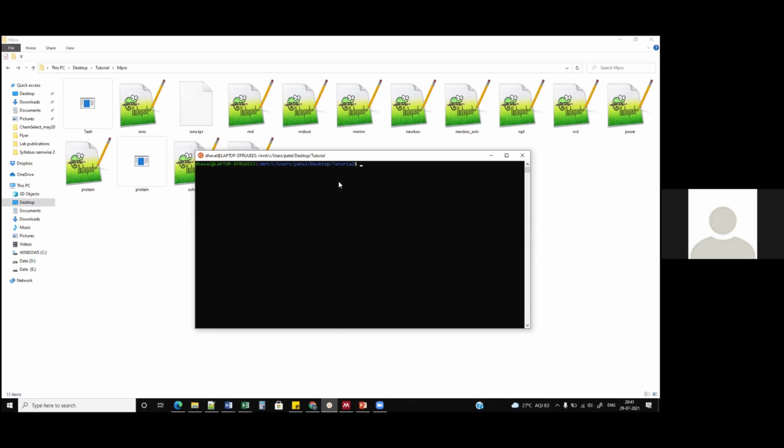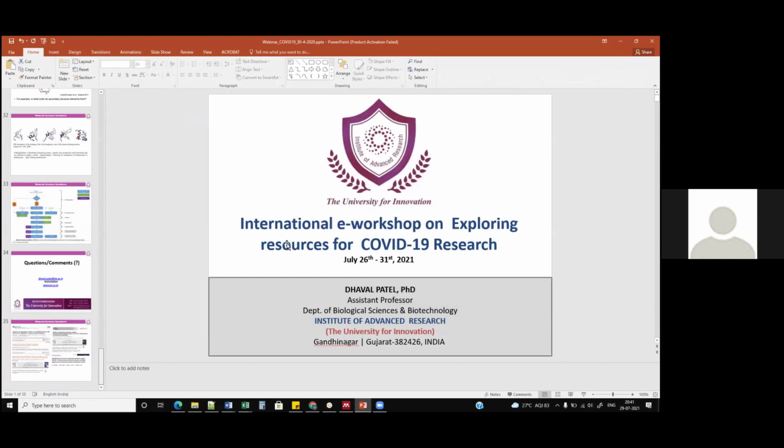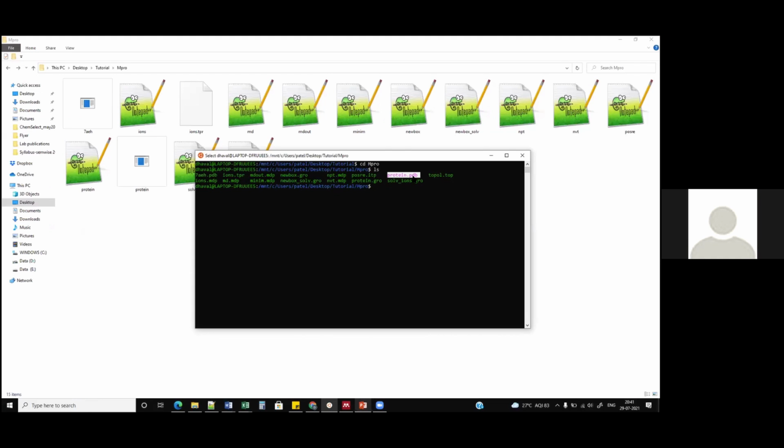Right now I am in the path where all my files are available. So just navigate to the exact path, and if you do ls, which is again a Linux command, you can see this many files. Right now just forget about all these files. We'll just focus on a file called protein.pdb. The first step, as I told you earlier, is that we need to convert the protein file, that is the pdb file, into the Gromacs file. So we'll first shoot up the command.